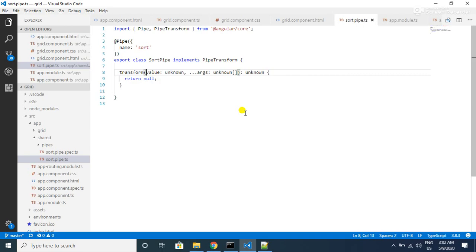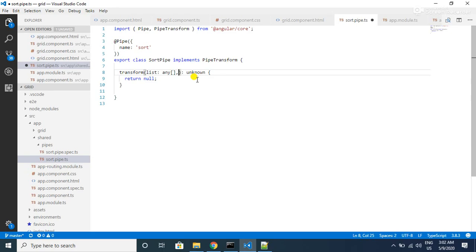So the first parameter of the pipe should be an array of any, that is nothing but our employees list, and I am going to keep the parameter name as list. So let's remove these existing parameters and add this list of any, and the second parameter is the header column of the grid.